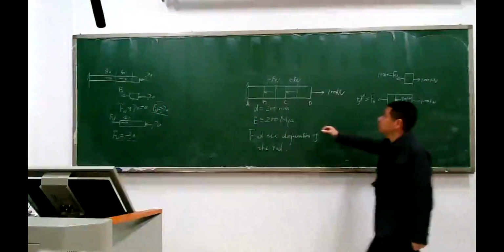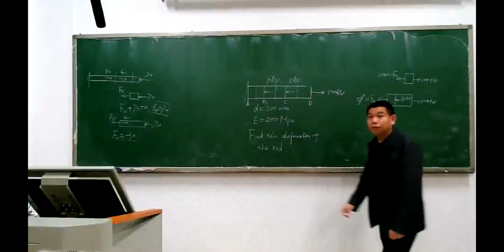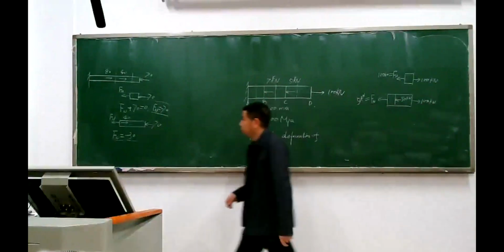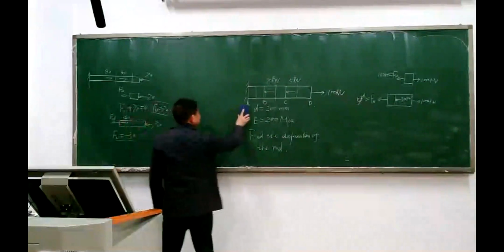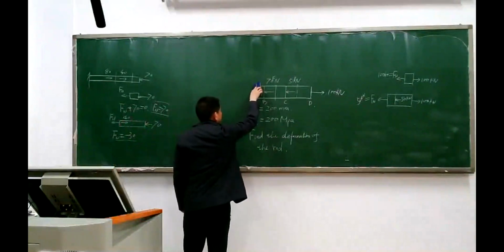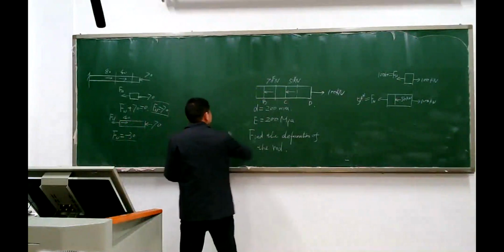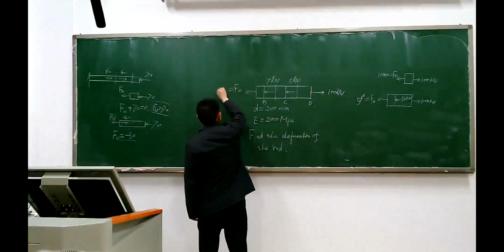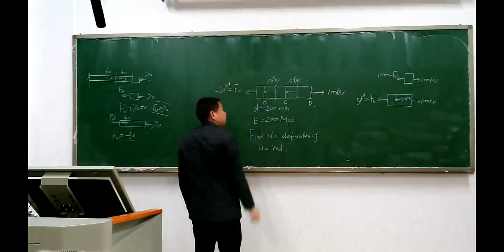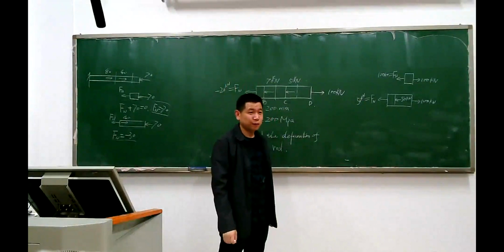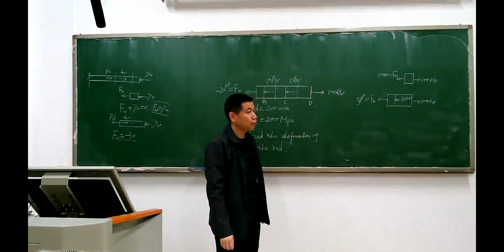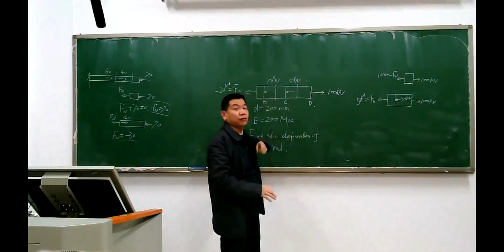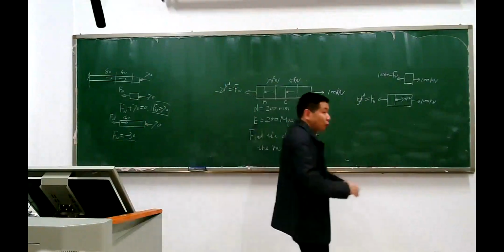Then consider AB, make a cut. How much? Fn we will find is minus 20. It means this part is in compression. So the deformation of the whole rod is